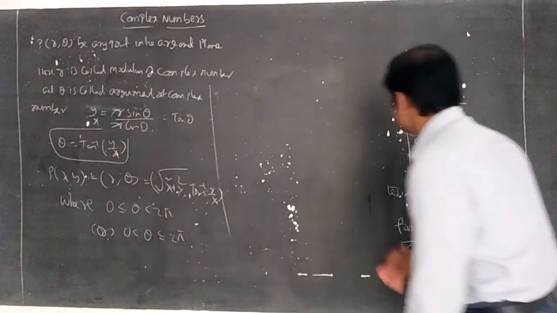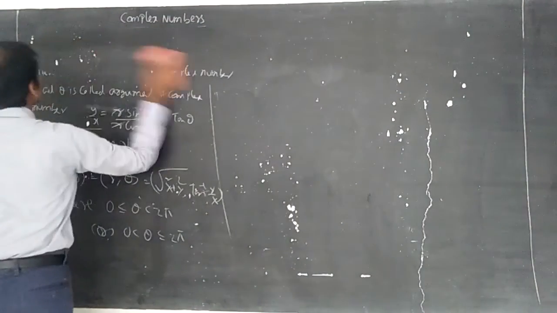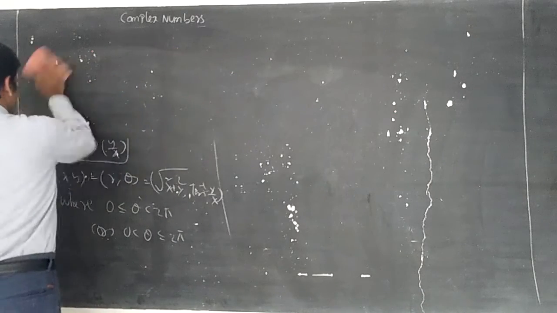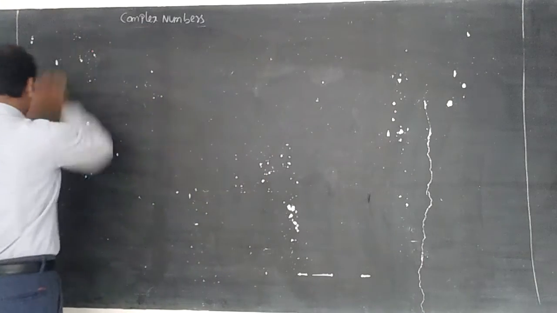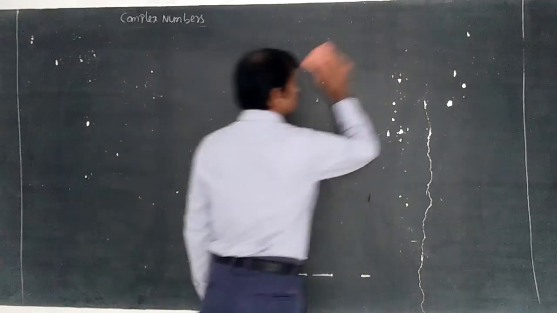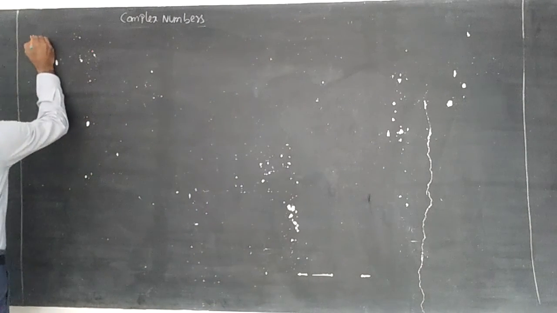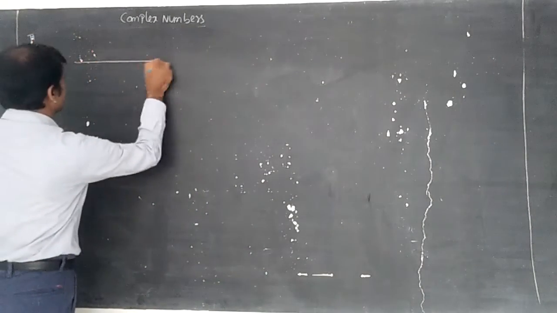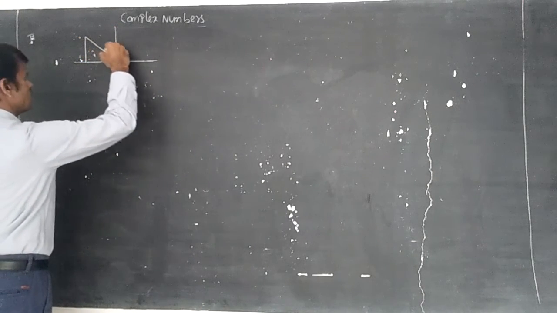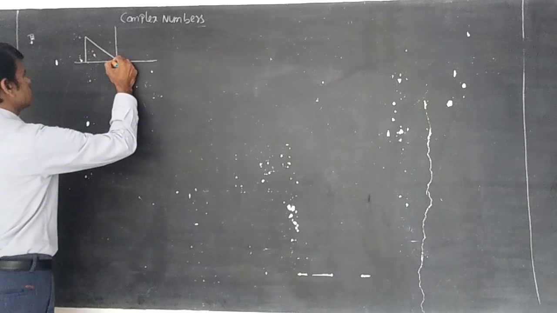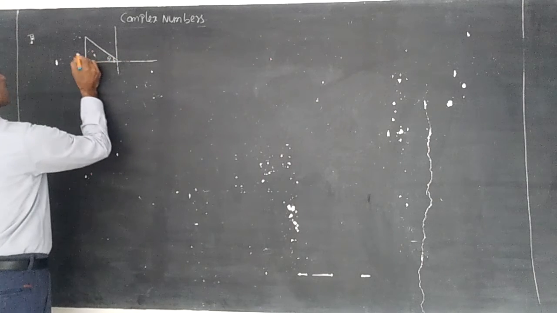If you start with 0, the angle you can mention until 360. If you start with 360, you can mention until 0. The angle should be in the positive direction of x-axis, not in the negative manner. Now, in the second point, mention lines. Put here theta. Positive direction of x-axis concept.